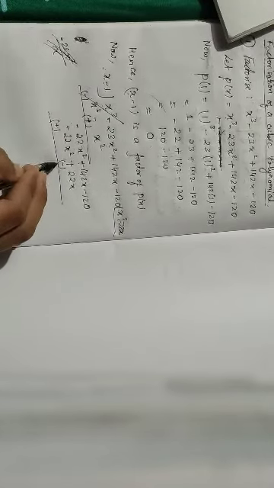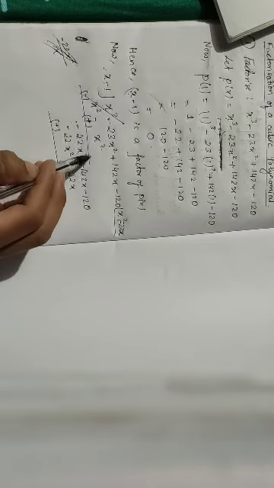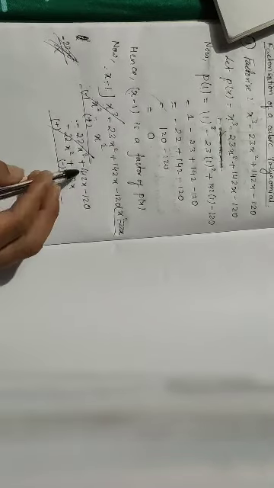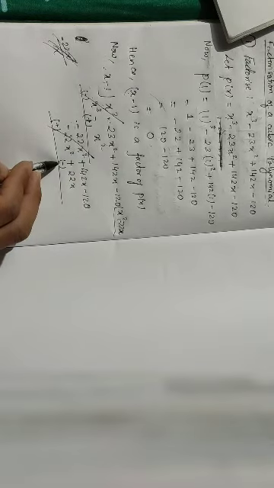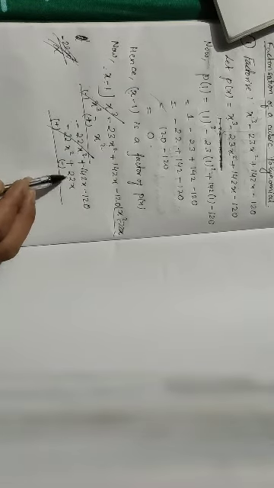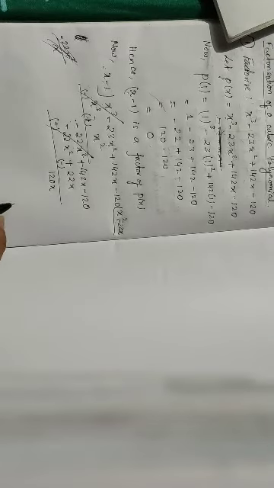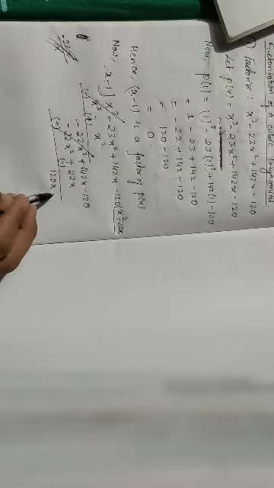Now next what will happen? The sign will be changed. It was minus, it will become plus. It was plus, it will become minus, isn't it? So minus 22x square and plus 22x square will be cancelled. Next plus into minus, minus, you have to subtract, 142x minus 22x, 120x, isn't it? So the sign will be plus only, because 142 is greater than 22. Next this will come down, 120.